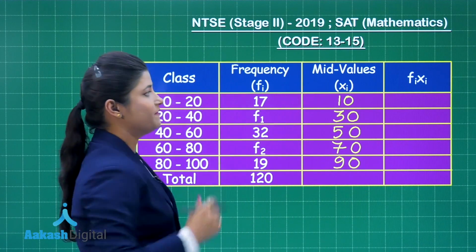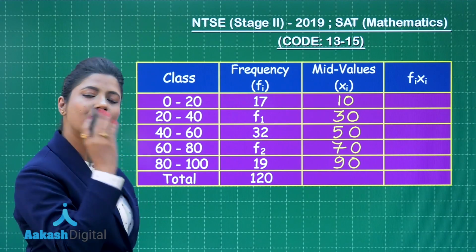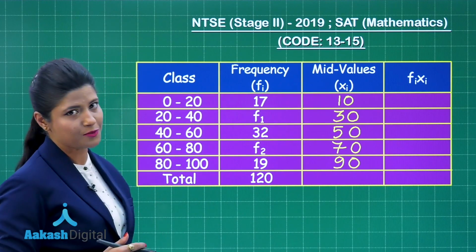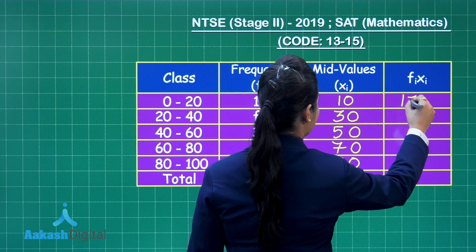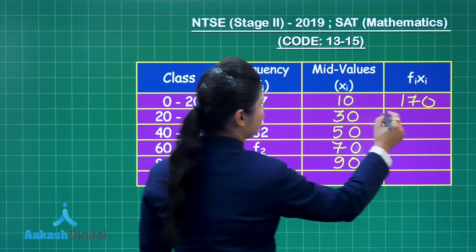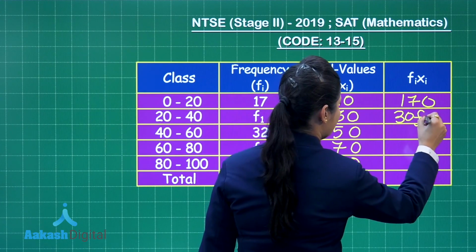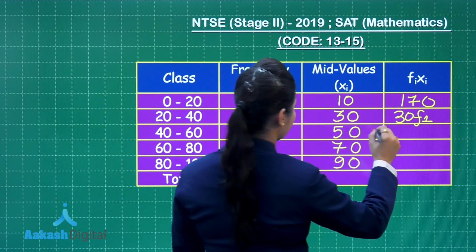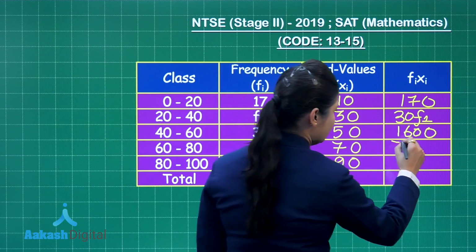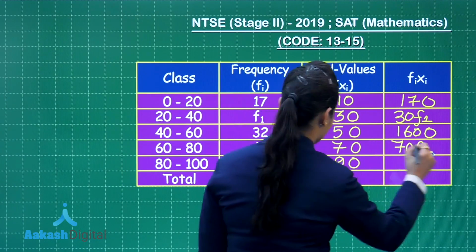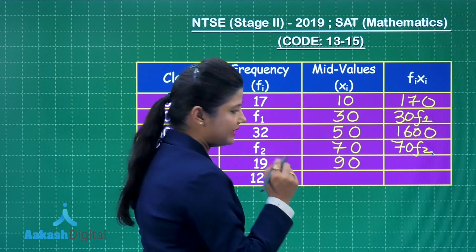Next we will find Fi Xi, that is the product of the frequency of a class with its corresponding midpoint. I get the value 170, then F1 into 30, that is 30 F1. Further 32 into 50 equals 1600. Next F2 into 70 equals 70 F2. Further 19 into 90 is equal to